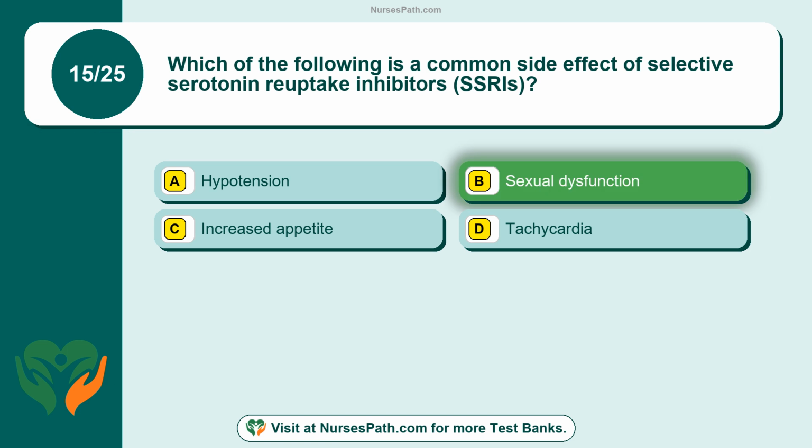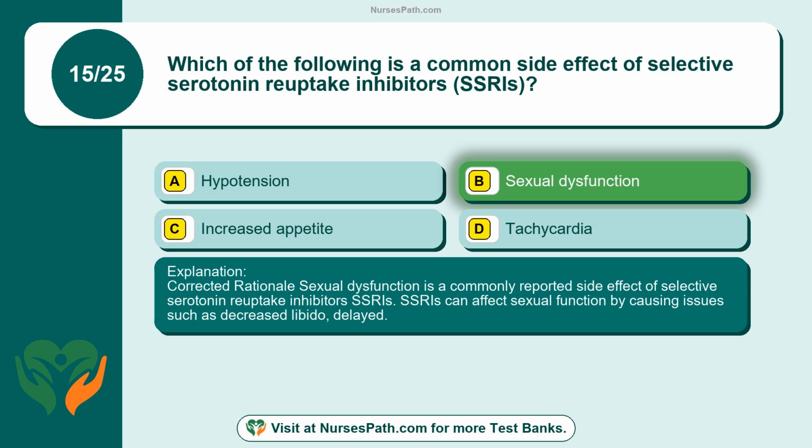Sexual dysfunction. Corrected rationale. Sexual dysfunction is a commonly reported side effect of selective serotonin reuptake inhibitors, SSRIs. SSRIs can affect sexual function by causing issues, such as decreased libido, delayed